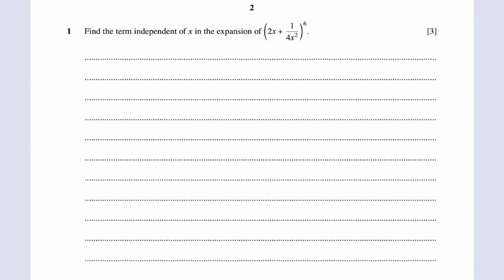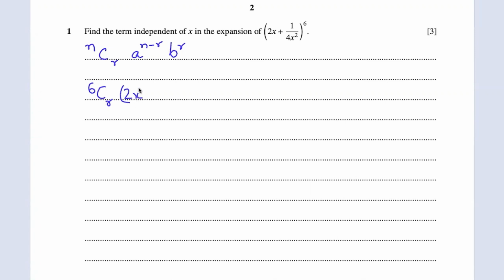Question 1, we have to find the term independent of x in the expansion of (2x + 1/(4x²))⁶. Now we can directly guess what value of r we should use, because we know that the expansion formula is nCr a^(n−r) b^r. So either we can guess what value of r to use, whether we'll use 6C1, 6C2, 6C3, that will cancel out the x, or we can use this method where we write 6Cr